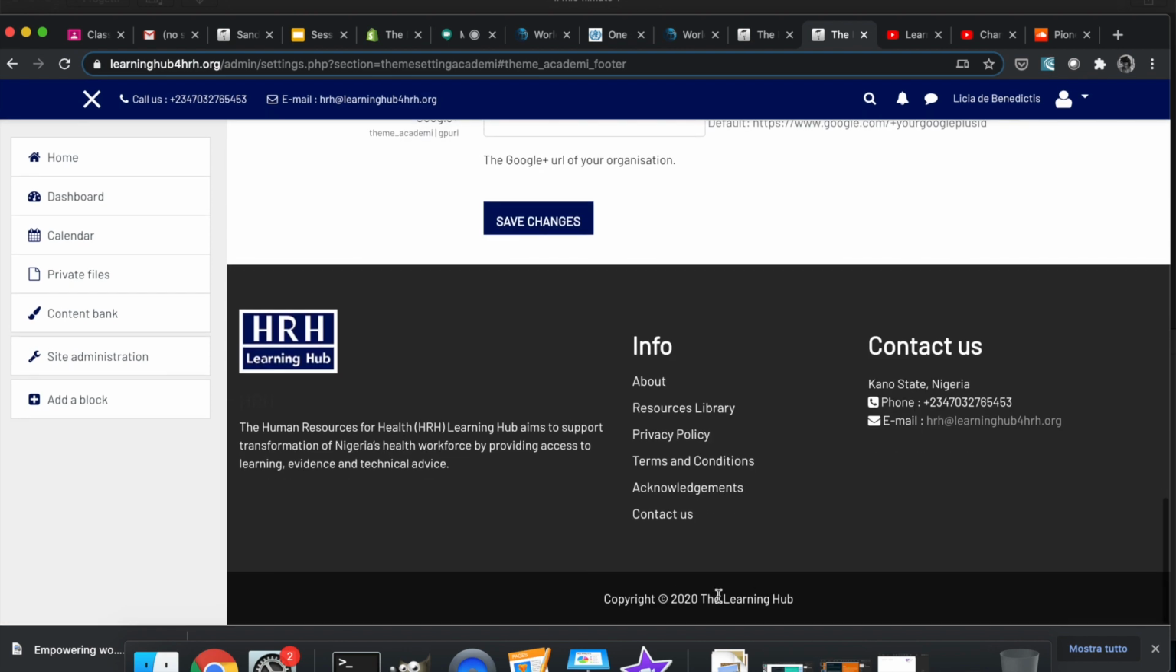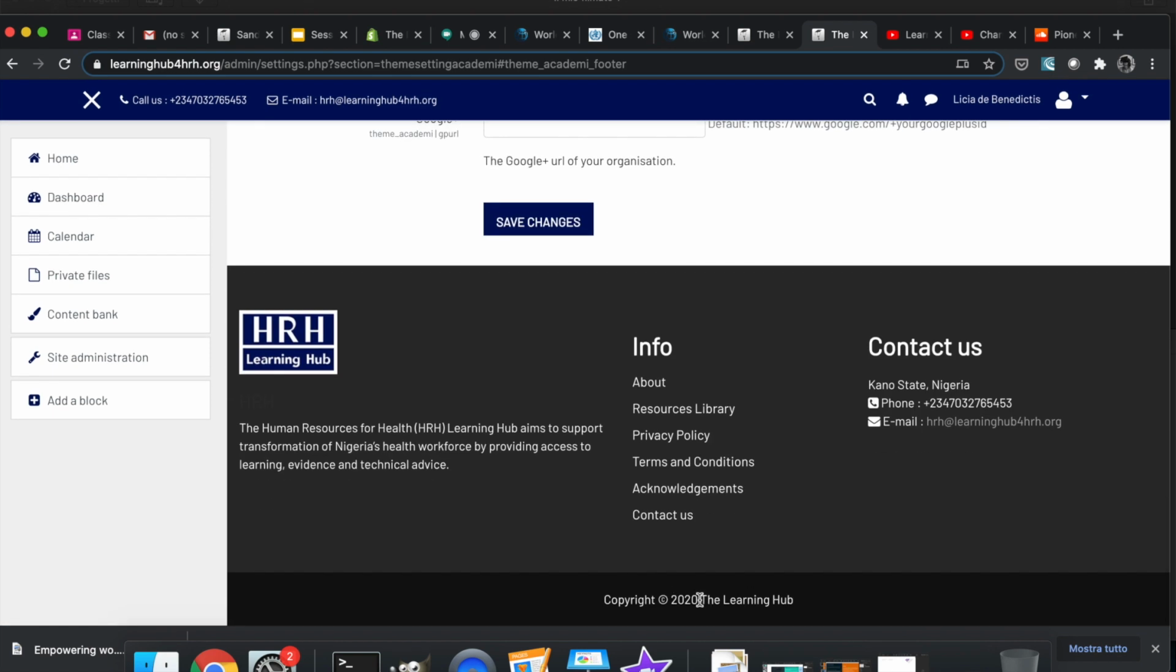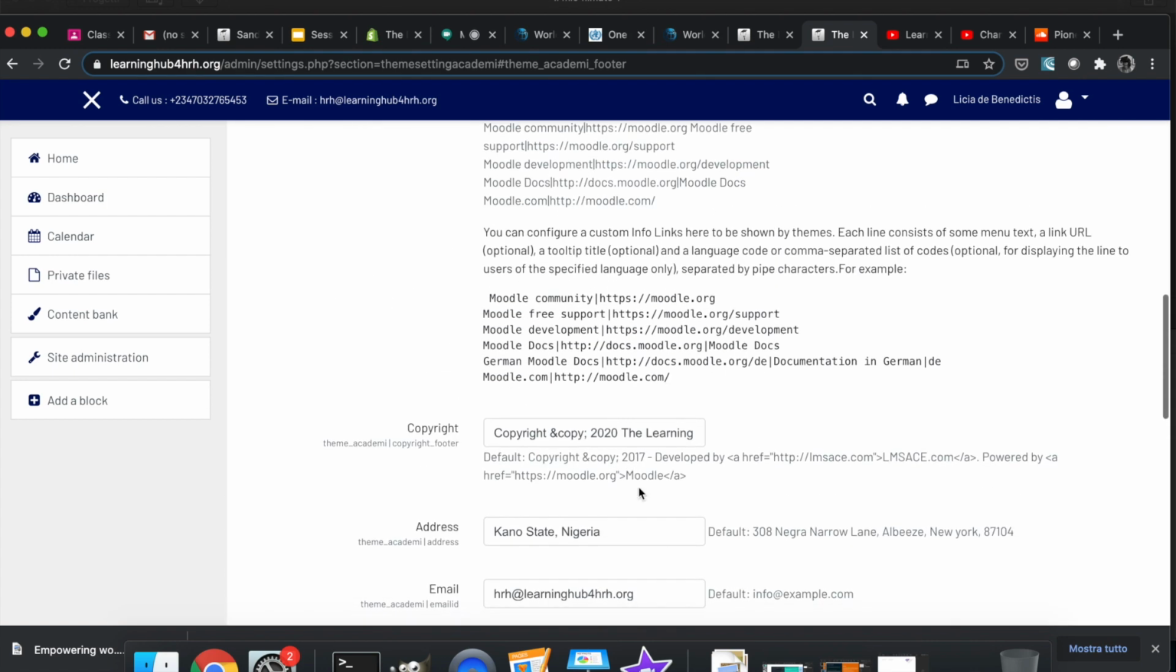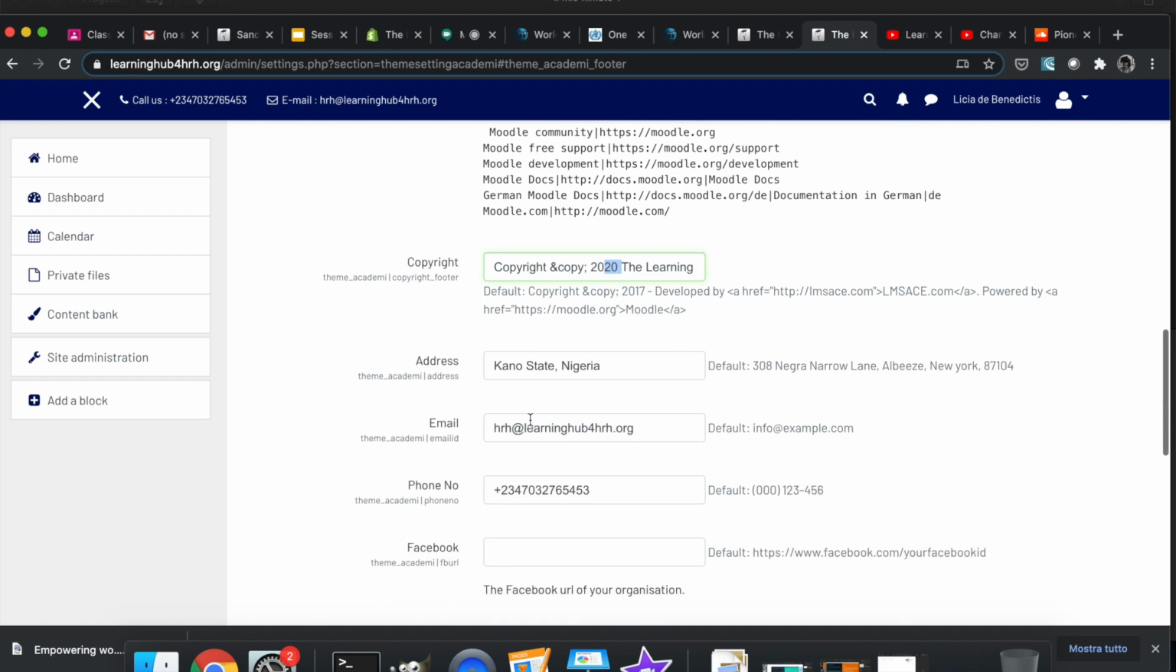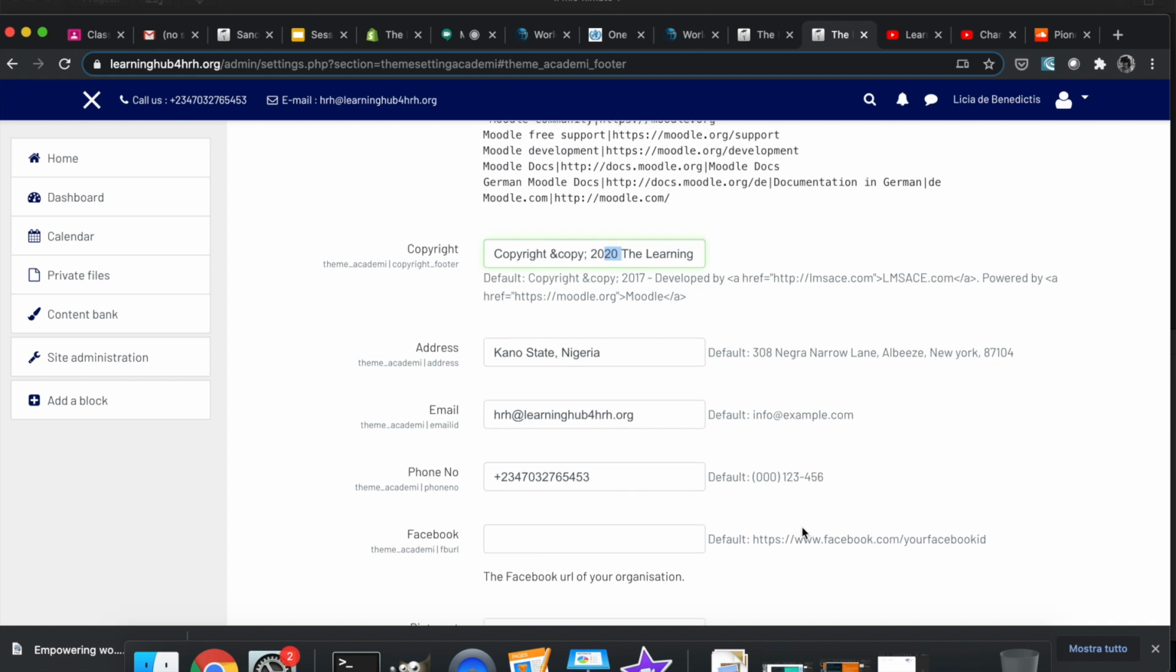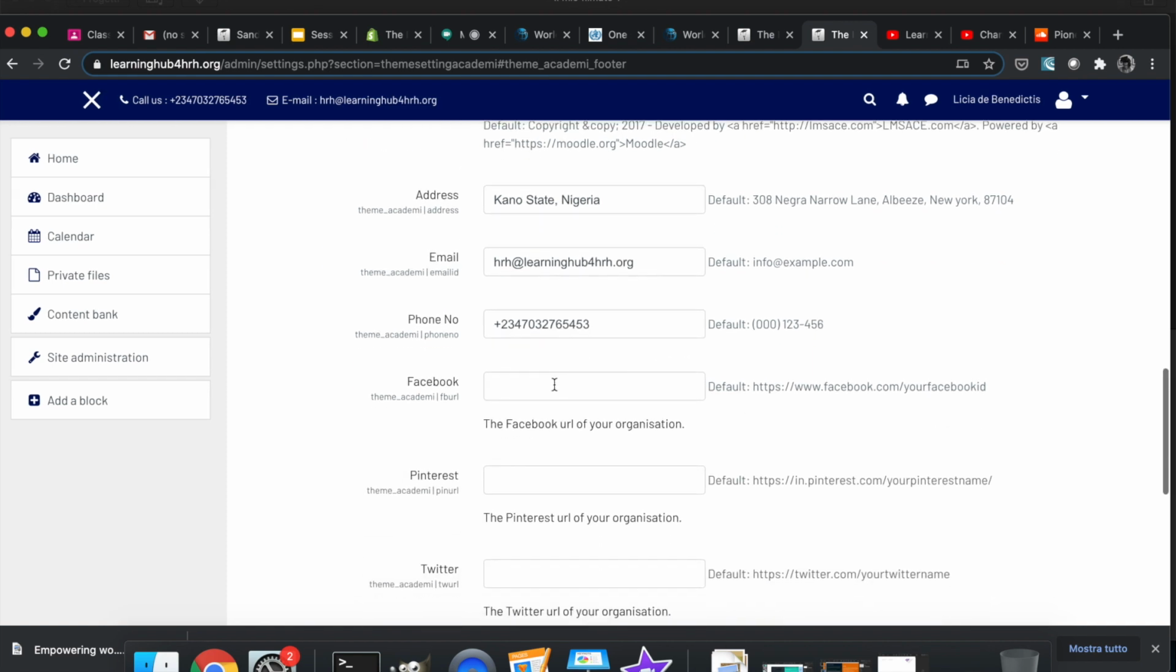So in case, for example, next year you want to change it to 2021, you just have to go here and change it from this field. This is the address. For example, if you want to change the phone number, this is now the relevant phone number for the Learning Hub. Just change it from here. This is where we're going to add